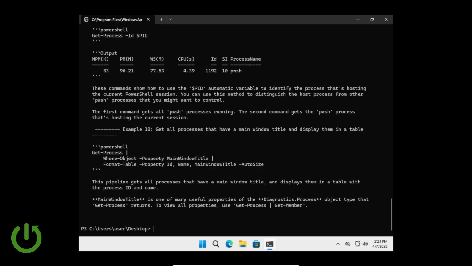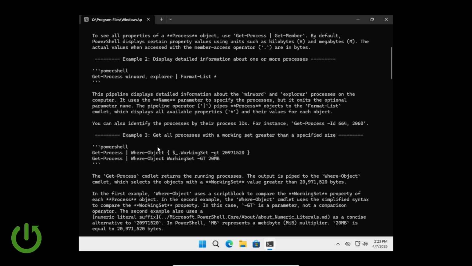So let's start. How to access examples for a specific command. We have to first of all use, of course, Get-Help. With this command we can access the examples. Right now we have to specify the command that we want to display examples for. So we want to display examples of the Get-Process command like this. Get-Help Get-Process, and we want to display examples, so -Examples like this. We will press enter, and right now we will maybe go to the top of this terminal, and as you